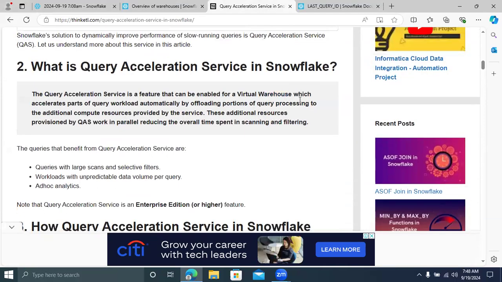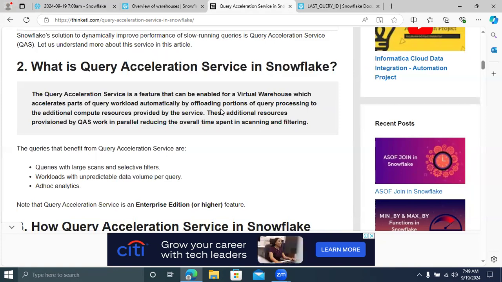Now, I want to give you a hint about query acceleration service in Snowflake. It's a feature that is enabled for virtual warehouses. It's going to accelerate a part of the query automatically. If you enable the feature, it will take care of itself. No need to worry about it. Whenever you're running more queries, the query acceleration service will automatically add additional compute resources provided by the service, based on the scale factor you provided.